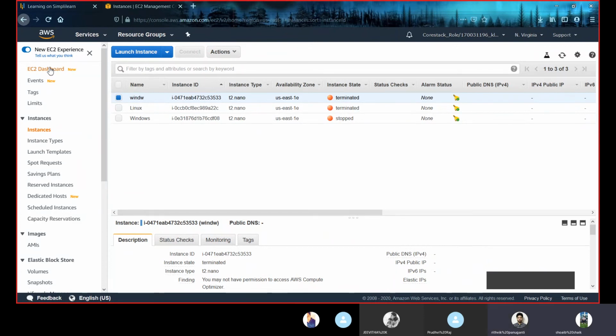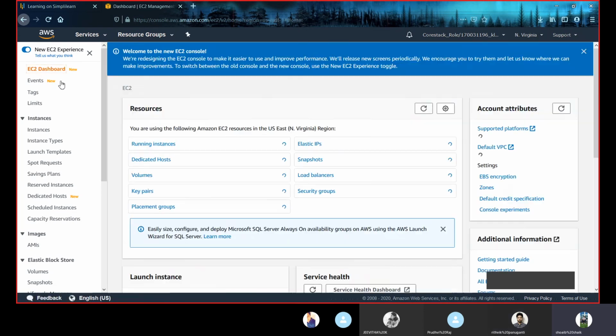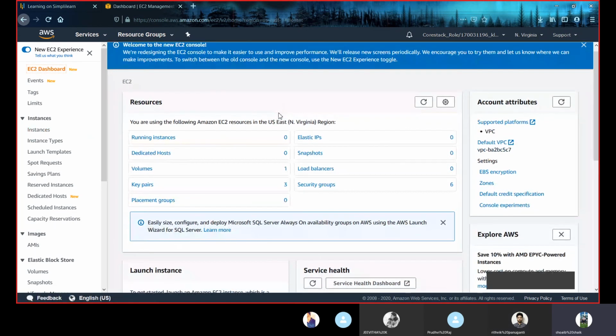And now let me brief today. What we learned today was how to launch an instance and connect to a Linux server, then launching a Windows instance and connecting to it. You will be shared the recording. You can refer to it, and you can text me if you have any doubts. So here I terminated all my instances, and we also learned what the different instance types are.